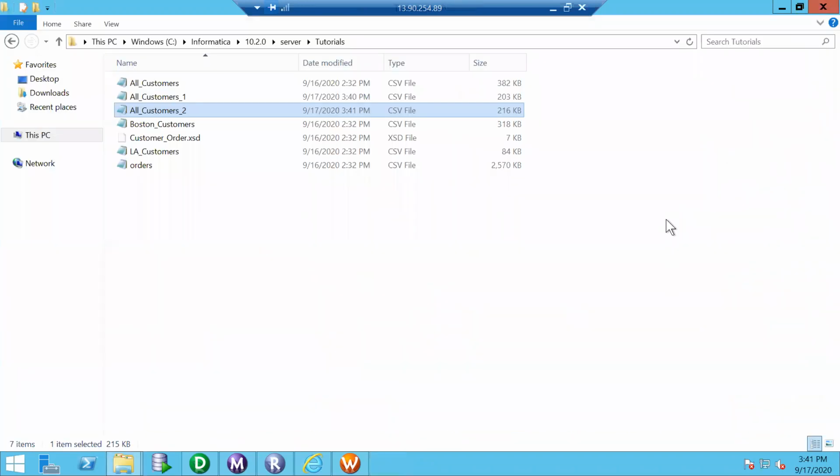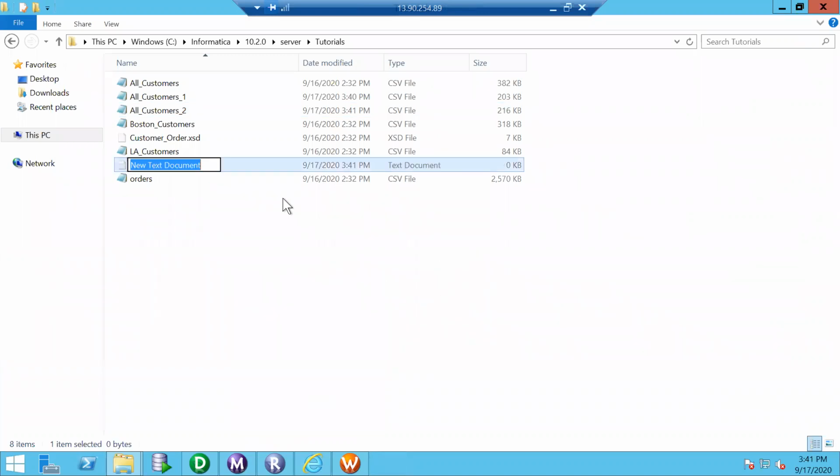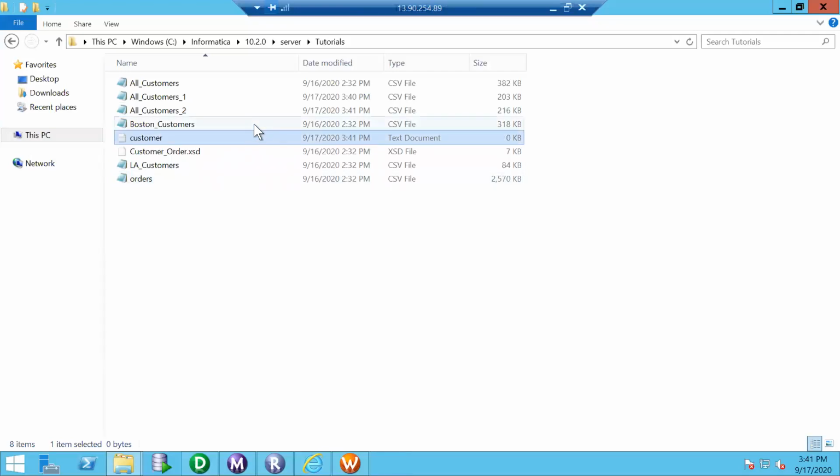So the requirement is, our source definition is the same, and we are supposed to load into the same target, so we can create an indirect file. Indirect file means we need to specify the absolute path along with the data. So I'll say file customers. I can say customer.txt.